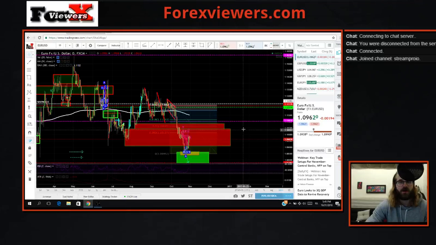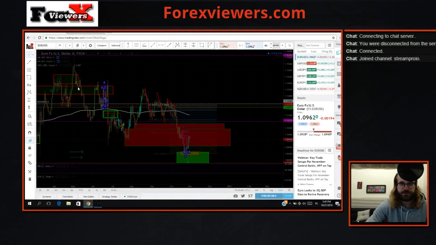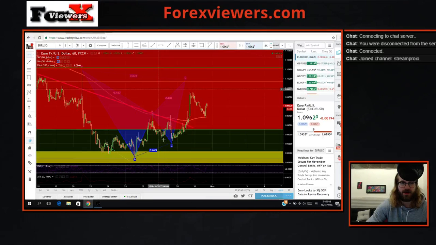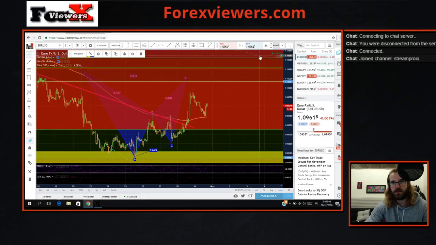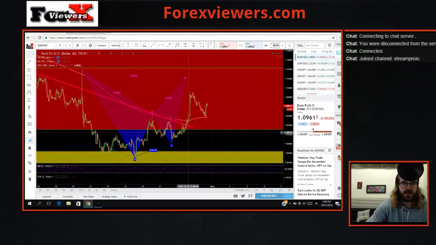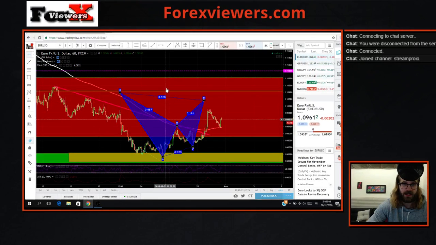Then it's just a matter of going down to the smaller time frames, and let's say the 1 hour, and as you can see right here inside this area, this is getting pretty cluttered up here. I want to get rid of the Fibonacci. Boom. Let's remove that. Boom. Alright, so as you can see right here inside our area,